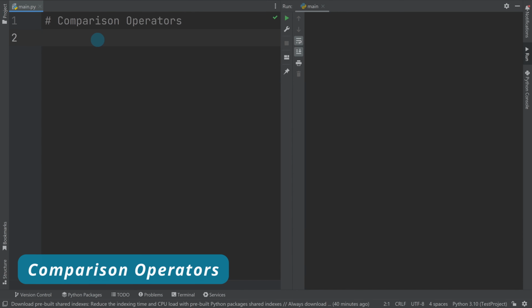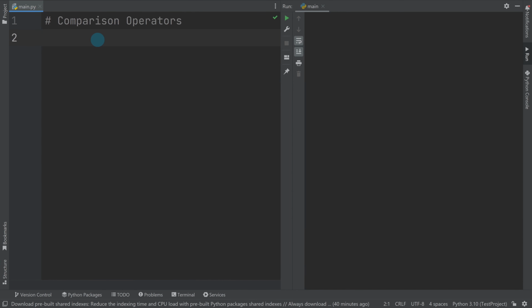So comparison operators are used when you want to compare two values with each other. So I'm going to have value 1, and I'm going to make that equal to, I don't know, 5 as an integer. I'm going to have value 2 equals 6. So what I can do is use operators, or combinations of symbols, to compare these two values with each other. So I could do, for example, print